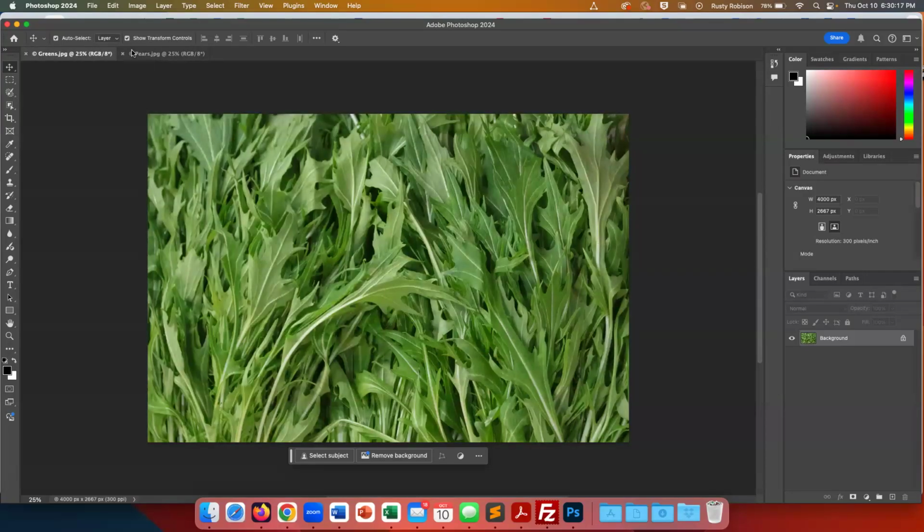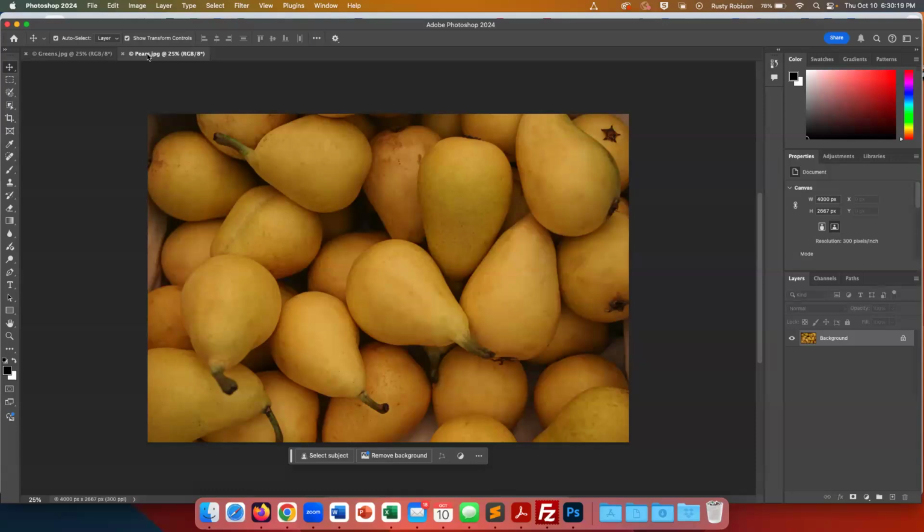I noticed that when you open up a document, whether you're opening up a blank document or a photo, the first thing you're given is a layer called background. That's what you're given. And there are things you cannot do to the background layer. The background layer cannot have transparency. So if I did something like,